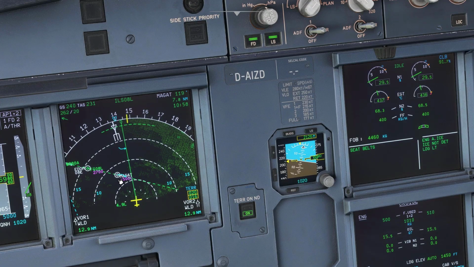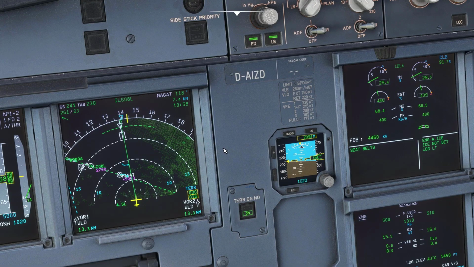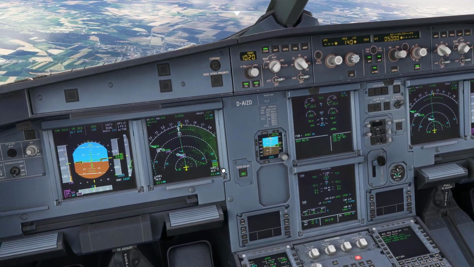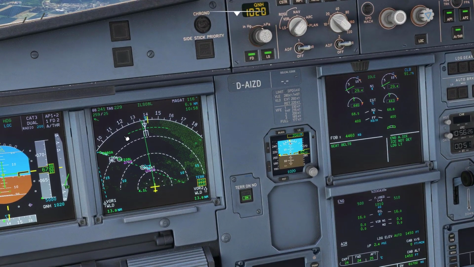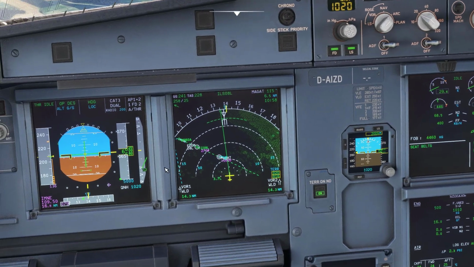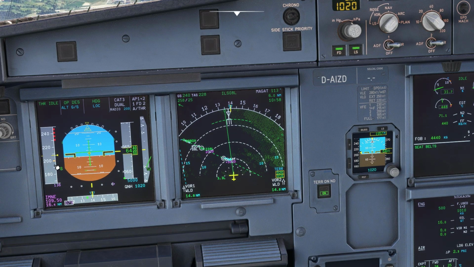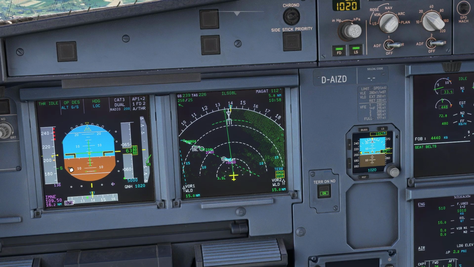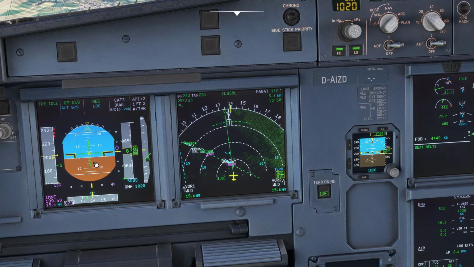Be sure that you are at 5,000 at Magat. If you are not, you will have to use the speed brake. This is a very tough decision that I make now, but it's working as you see. That mode is the landing distance that we could achieve with our energy. We could now set flaps 1. This is the flaps indication that you can set the flaps, and we have to be below this line to set flaps 2. This is S mode, and the aircraft will automatically descend to S mode